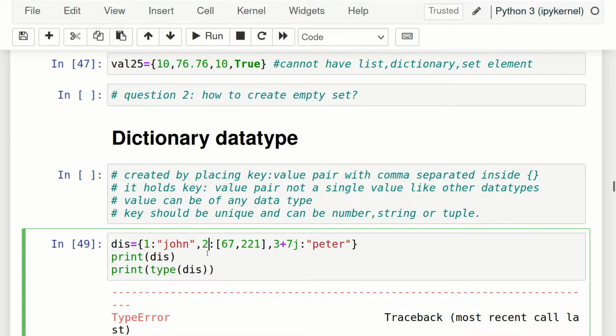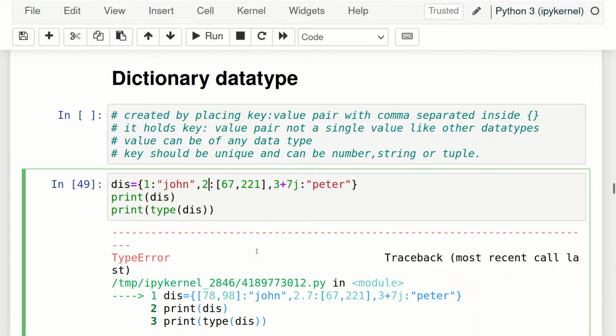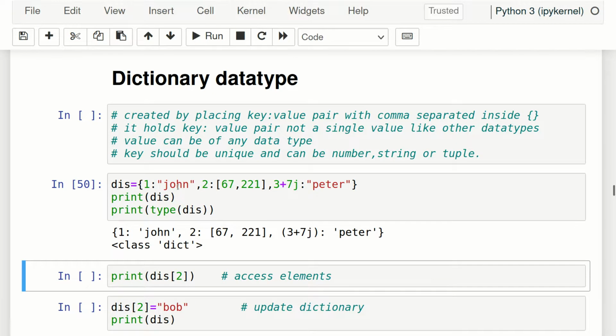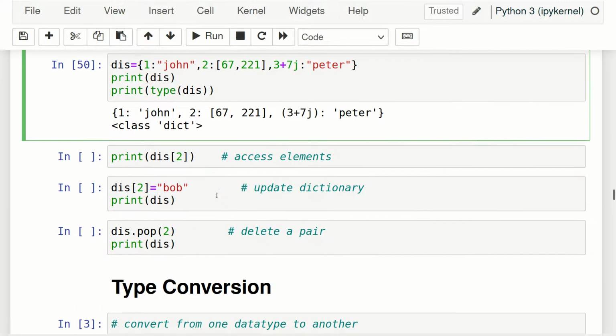So that was about the dictionary data type, and it is very useful. You will see when you start working with it, it is very useful, because there is a key and a pair, so we can use it frequently. We will give a key like a roll number and then the associated name. So this was about creating a dictionary.